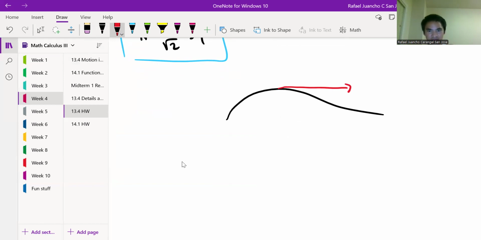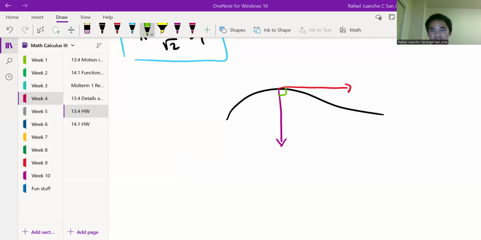It's tangent here. That means this is 0 because our derivative is 0 here, if the slope of this is 0. And if we have our normal vector here, that means they're perpendicular. Yeah, this is 1